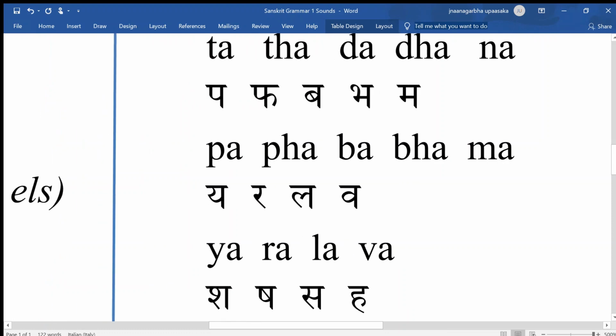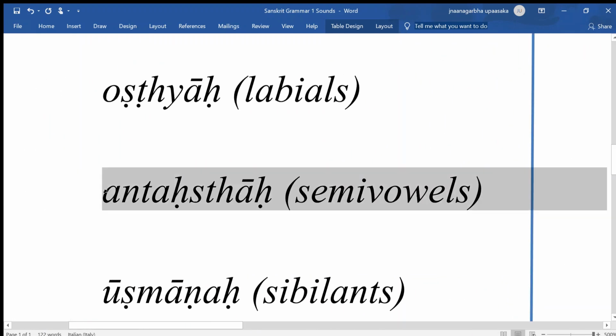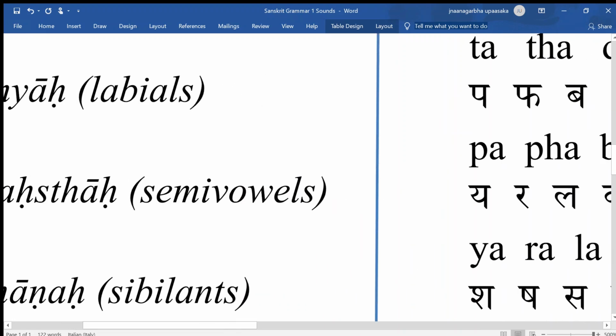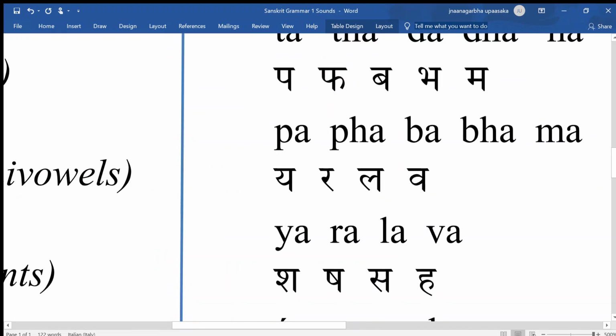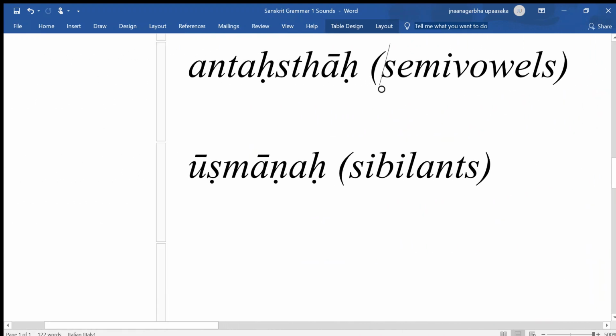Next we have the antastha, which means those which stay in between, semi-vowels. Each of them is similar to a certain vowel sound. So ya is similar to i, ra is similar to ṛ, la is similar to ḷ, and va is similar to u. Then we have the sibilants, or ūṣmāṇaḥ,